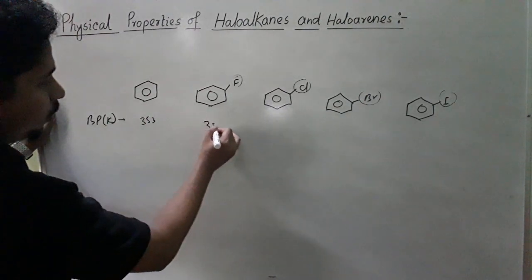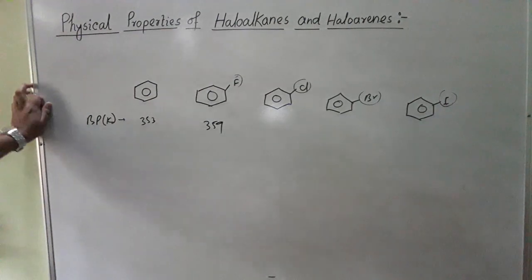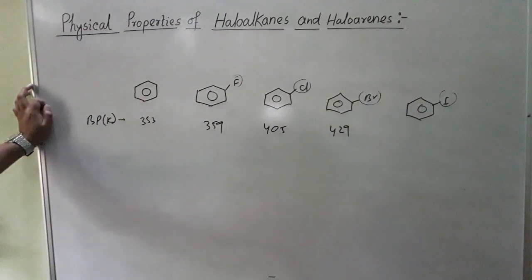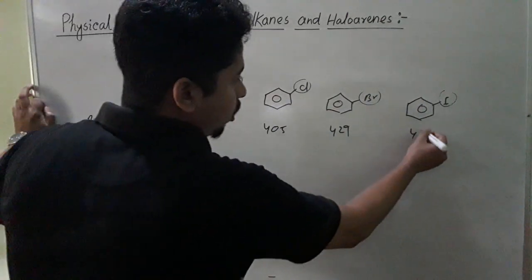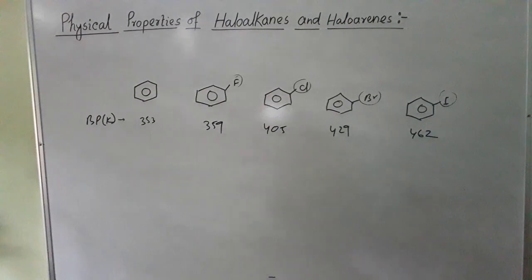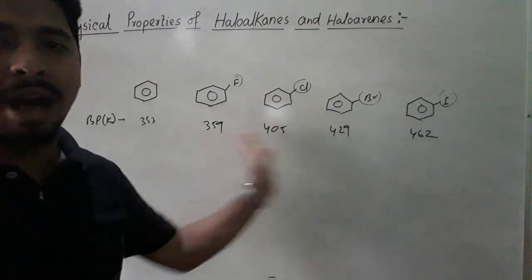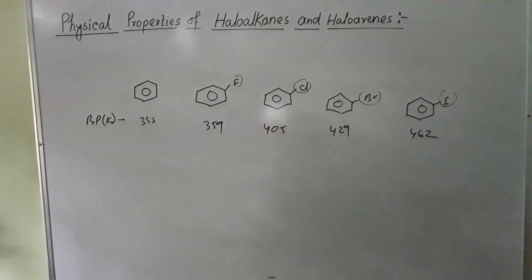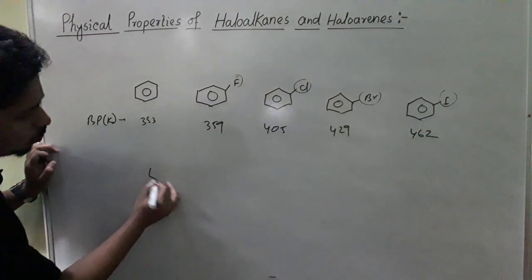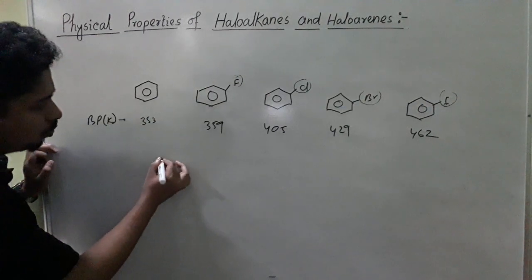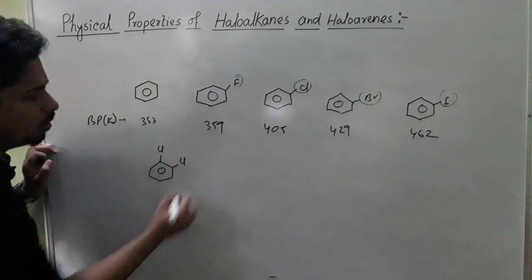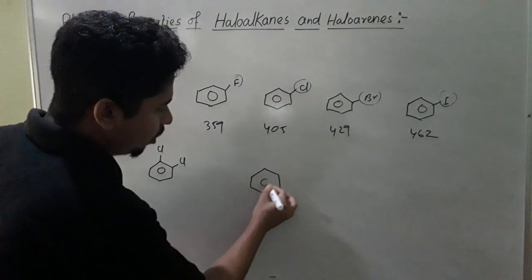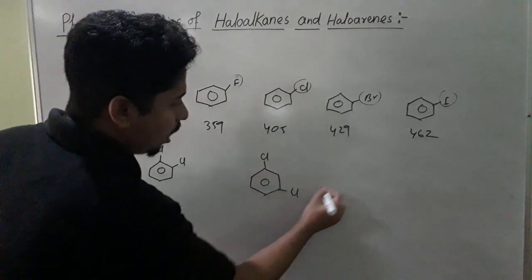This one is 359 Kelvin, this is 405, 429, and this last one is 462 Kelvin. So here you see from left to right, with the increase in molecular mass, the boiling point increases for haloarenes also. Now if we consider dihalo compounds, suppose 1,2-dichlorobenzene or ortho-dichlorobenzene, then meta-dichlorobenzene, and para-dichlorobenzene,